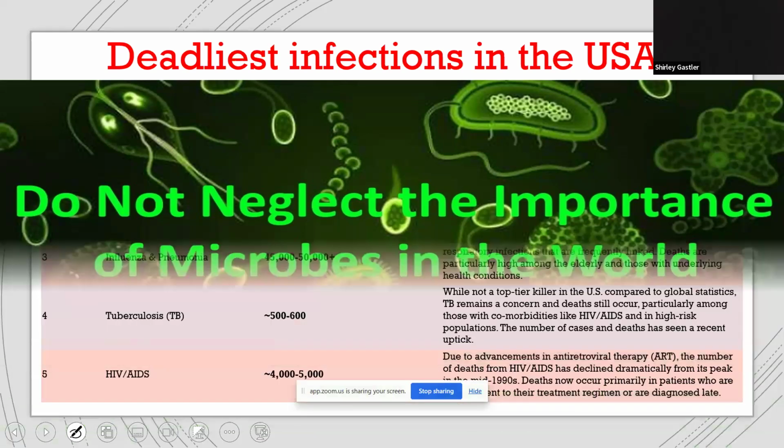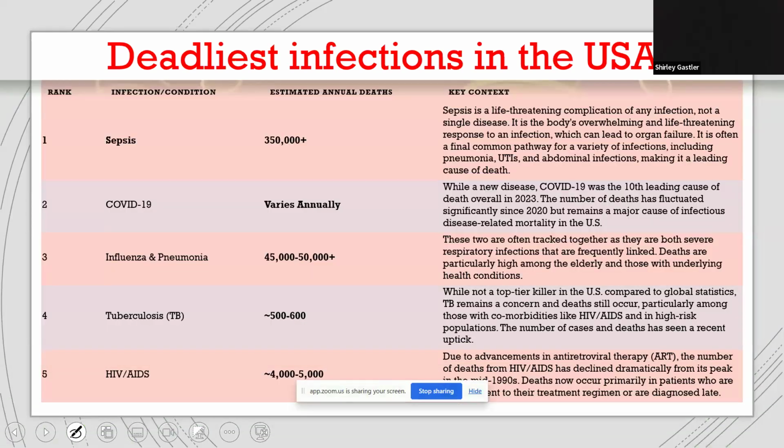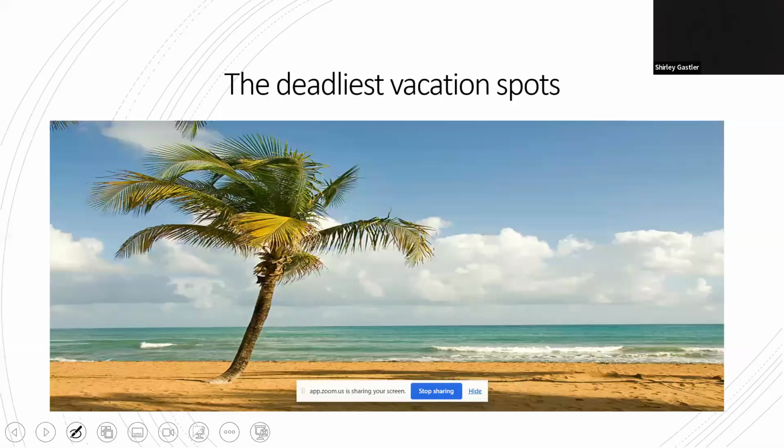But you know that sepsis is first and foremost. It's the most common death in hospital of any infection. The most common causes of sepsis are UTIs and pneumonias. The most common cause of those: E. coli in the urine, and you're talking about staph and strep for the pneumonia portion of it. So it causes more in-hospital deaths than heart attacks and strokes by about 10x, truthfully. But COVID, flu, tuberculosis, and HIV are of course on there as well.